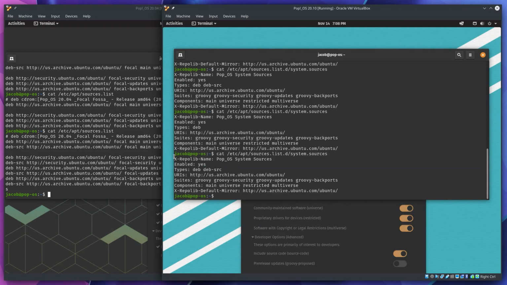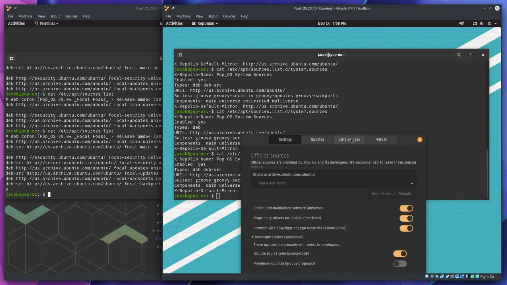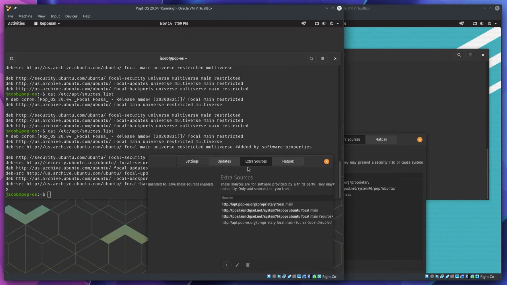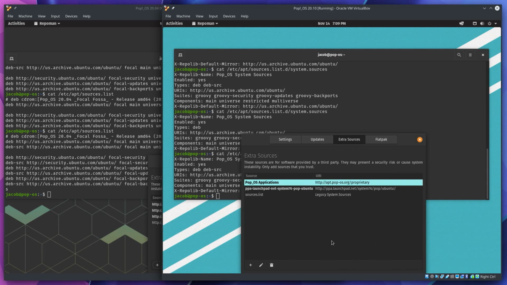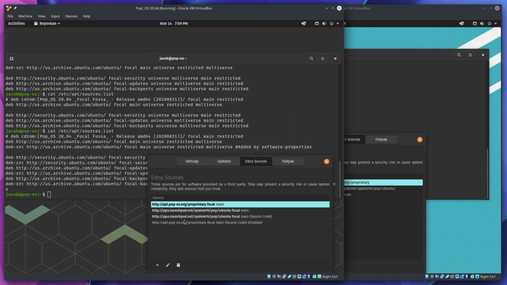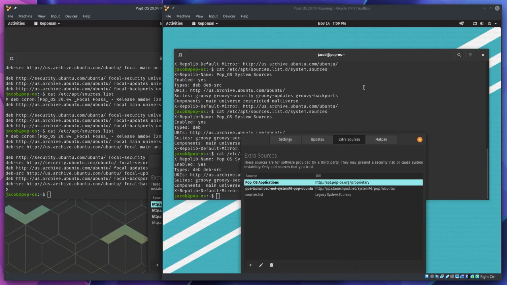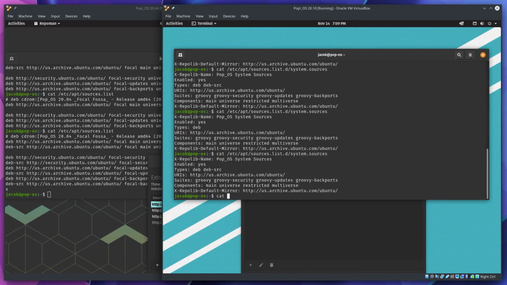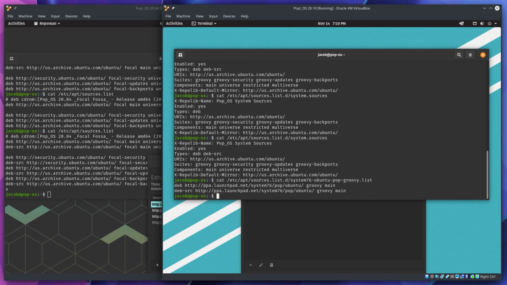Now, in terms of these extra features, let's take a look at our extra sources tab. This is where additional software that you're adding, so PPAs, repositories for third-party programs, is configured. For this, I'm going to use the proprietary repository as an example. The reason I'm doing that is because System76 right now in Pop!_OS 20.10, if we take a look at apt sources.list.d/system76-ubuntu-pop-groovy.list, it's still using the old